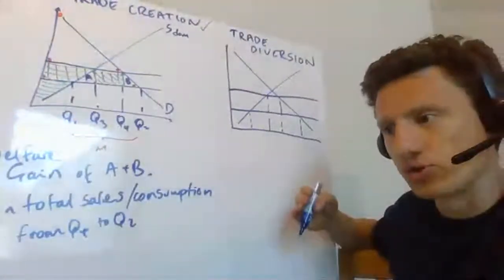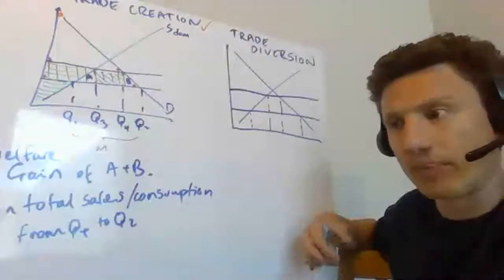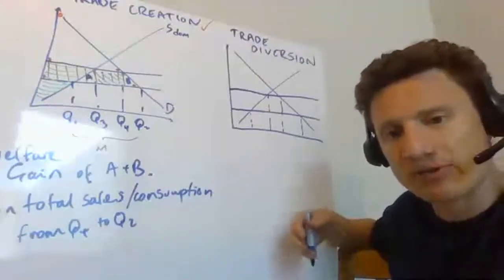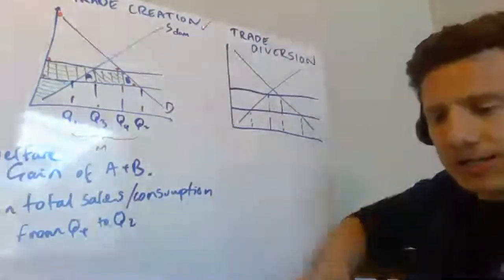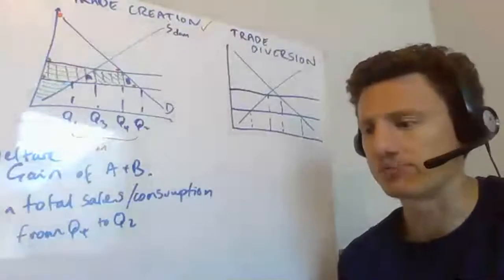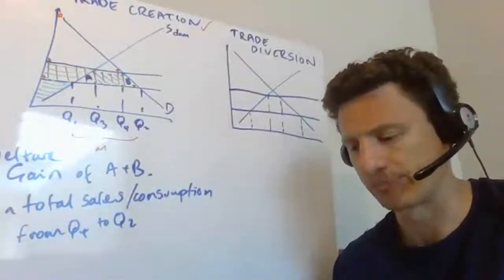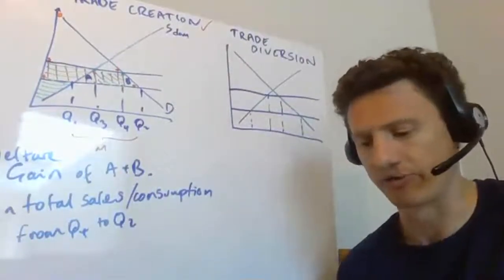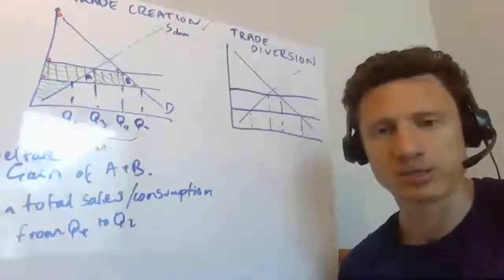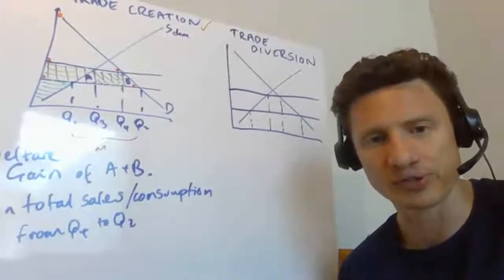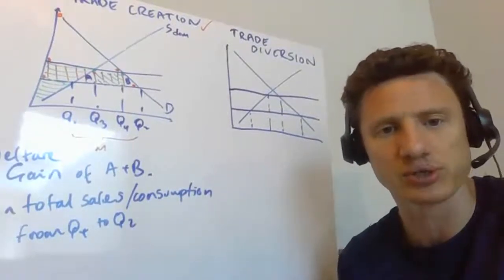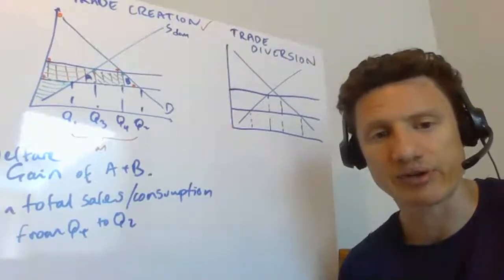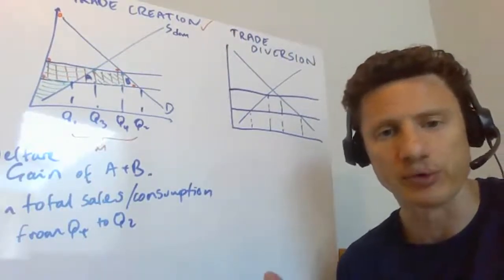But part of being in a common market, as we said, is to reduce tariffs on our member friends, but to keep that common external tariff on non-members. But what might happen is that one of our member countries might not actually be the lowest cost producer. So let's take the example of the EU for a moment. If we were part of the EU and we took off tariffs for, say, Greece, including textiles, so clothing,